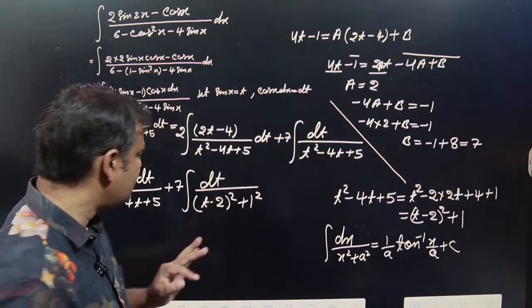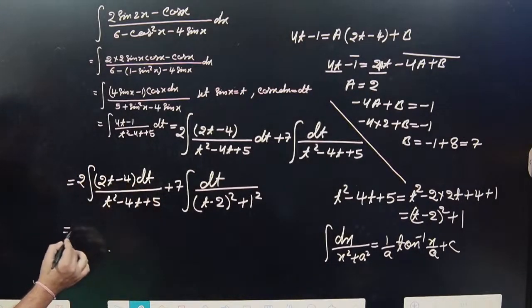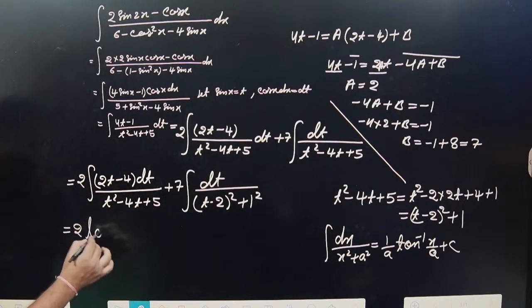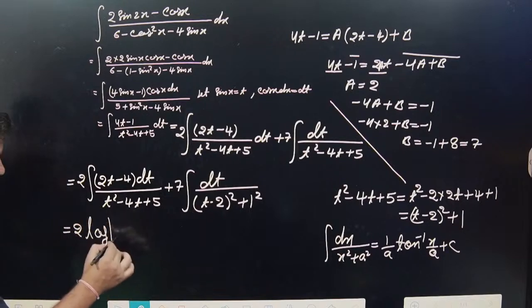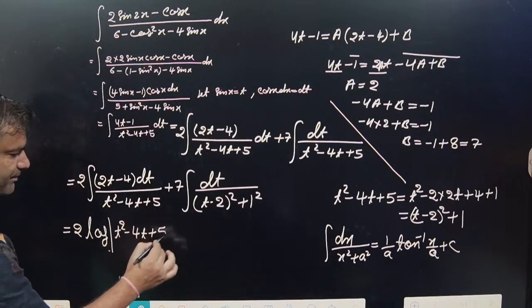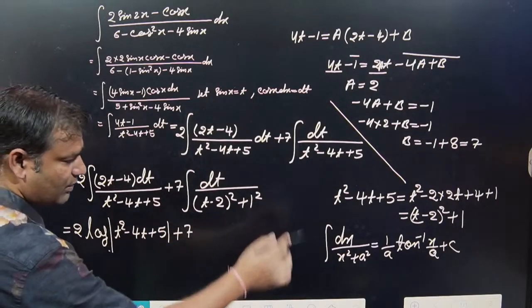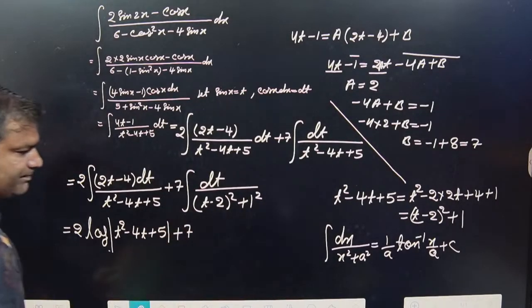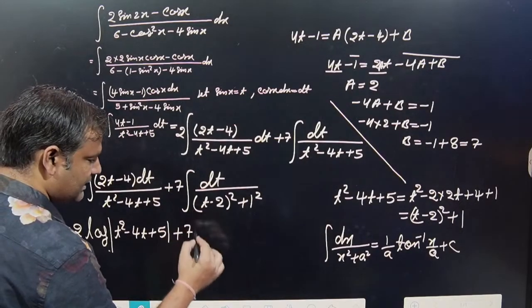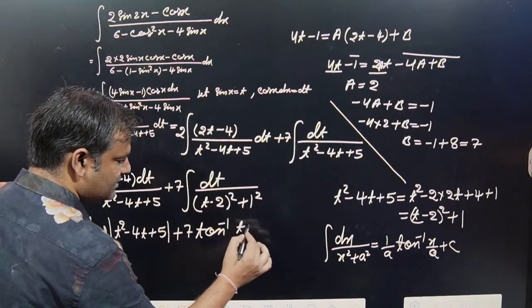So first of all, this is written as 2 into log of modulus of t square minus 4t plus 5, plus 7 into 1 by a, and 1 by a is basically 1, into tan inverse (t minus 2)